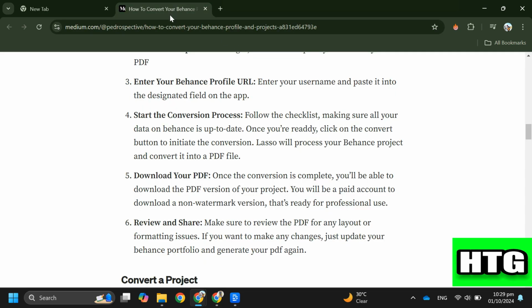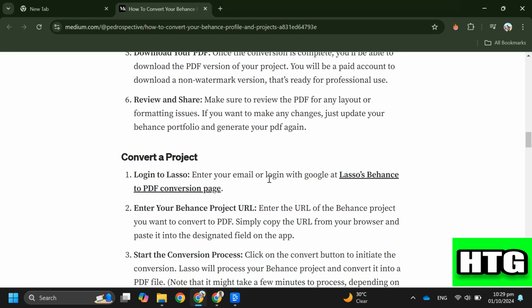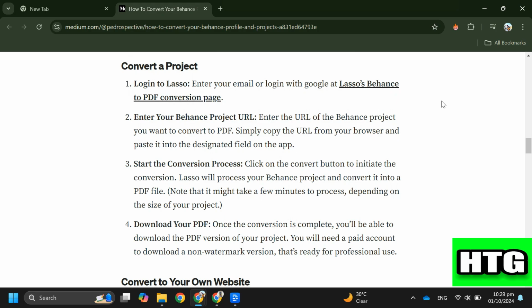To download Behance project as PDF, you have to follow these steps. Step 1. Log into Lasso by entering your email or using Google at Lasso's Behance to PDF conversion page. Step 2. Enter your Behance project URL by copying it from your browser and pasting it into the designated field